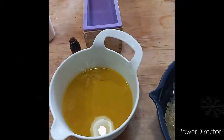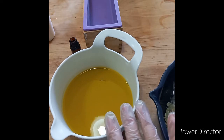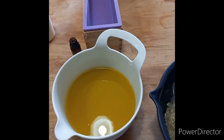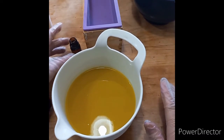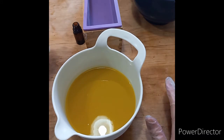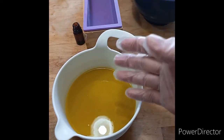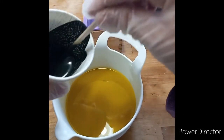Hello! So today I'm going to be making another one of December's soaps, and I have my oils and butters mixed with the lye water solution, and I've split some off into this bowl, and this is going to be the ground. And because I've worked with spearmint essential oil before, I know that it can make your batter kind of loose. So I'm gonna get this colored up, and then I'm probably gonna have to blend it a little bit more so that it will firm up enough to make the ground,